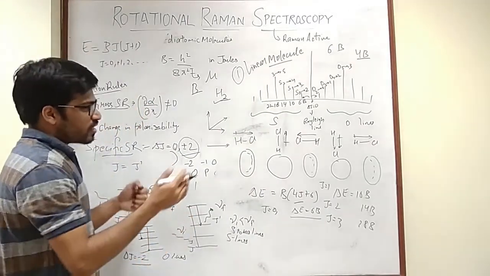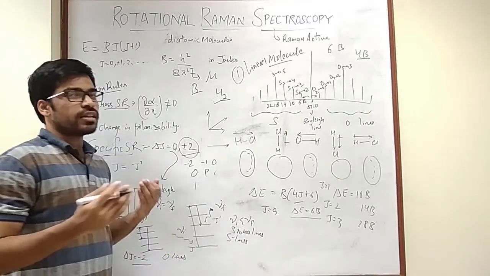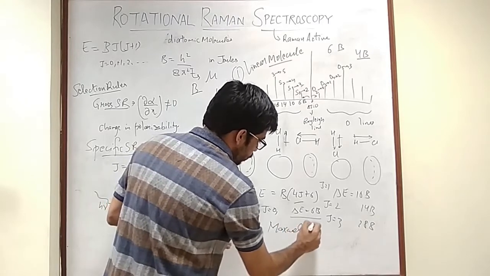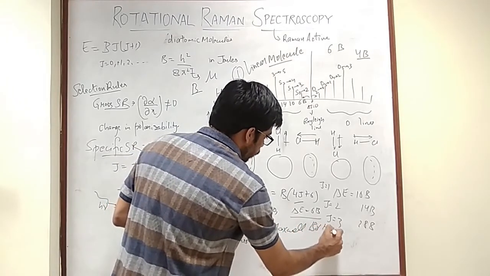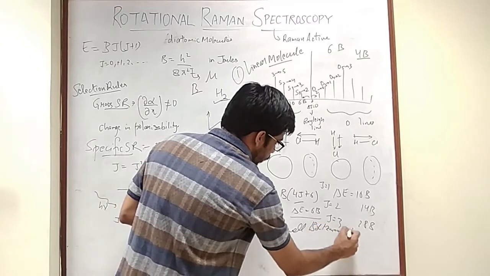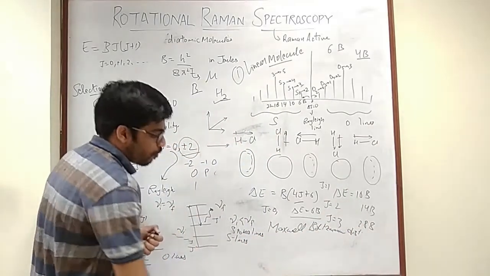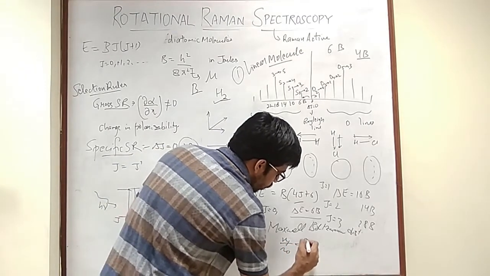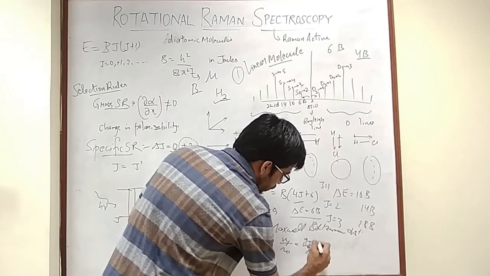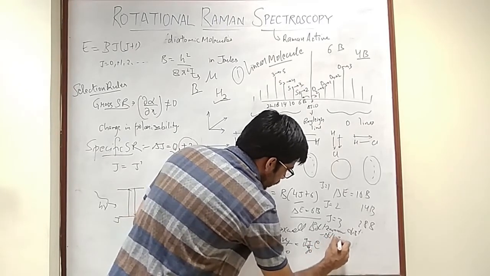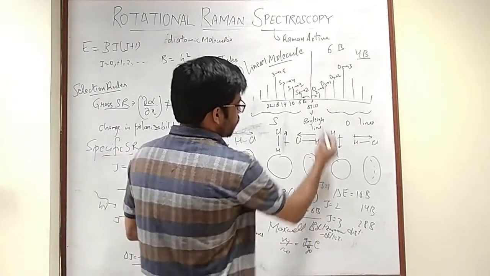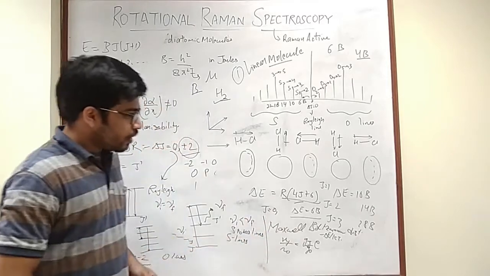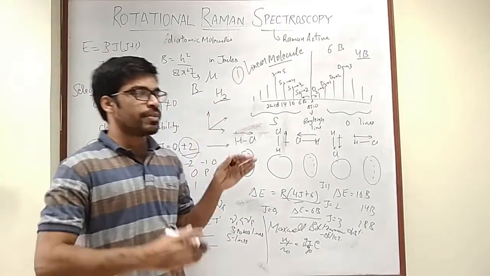Okay, one last thing, how the intensities of these peaks are governed. Now the intensity will be decided by the Maxwell-Boltzmann distribution. And what is the formula for that? Nj by N0 is equal to Gj by G0 e to the power minus delta E by kT. Right? Now in this case, delta E will be B(4J + 6). That's all. Okay, so this is the case of diatomic molecules and linear polyatomic molecules.